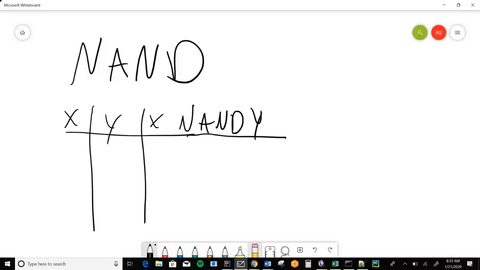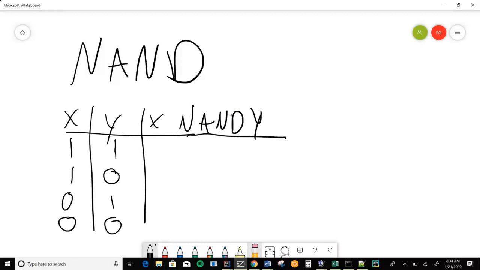When we've got two inputs in a truth table, we can specify all possible combinations of the input values in the following way. So X can either be 1 or 0, alternating with a Y that is also a 1 or a 0. So you see how I did that? I did the X's, all the 1s together, all the 0s together. The Y, I made them alternate. And notice that for two inputs, each of which is either a 1 or a 0, there are 4 possible combinations.